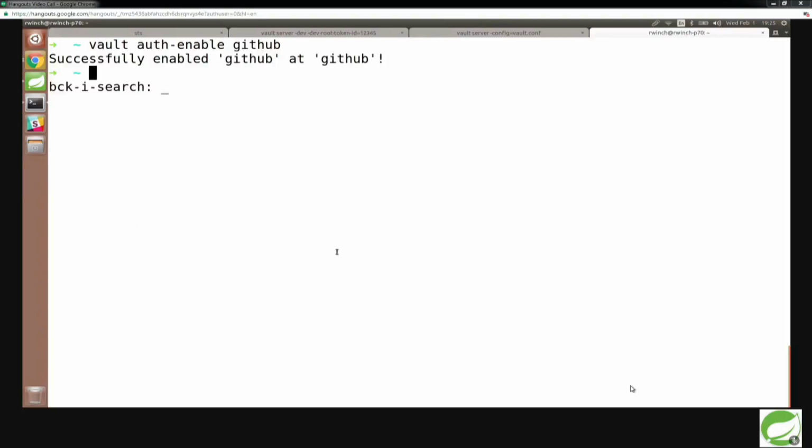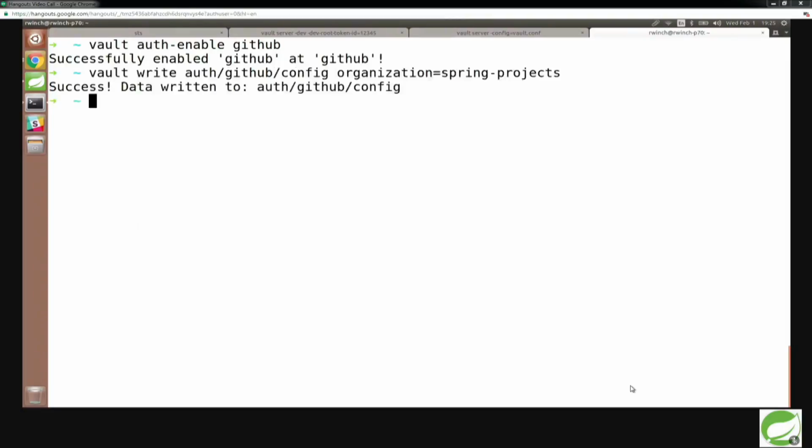And now I need to tell it that I want to do a write, and I say I want to configure GitHub so that Spring Projects, that's the organization ID for the authentication. So you basically need a GitHub account within the Spring Projects org. You can make it whatever org you want, but I happen to be a member of that already, so it made it easier for my demo.